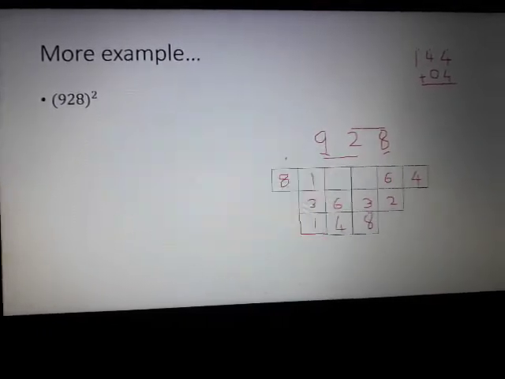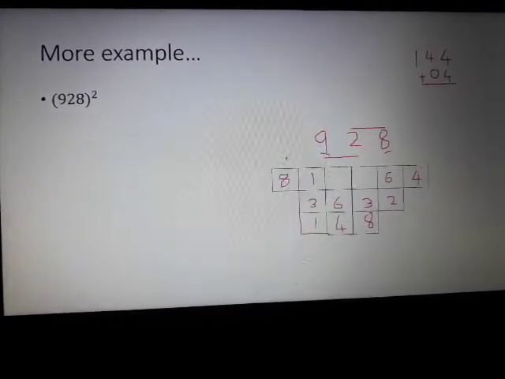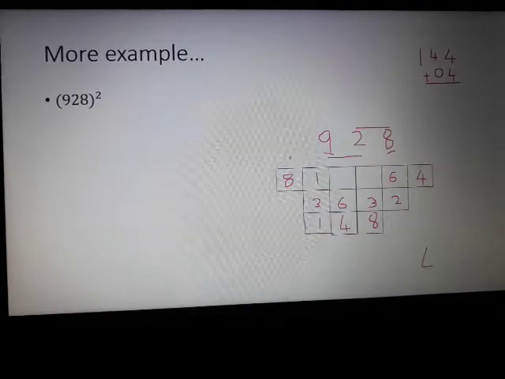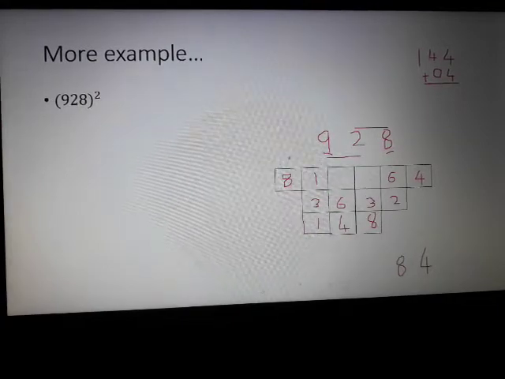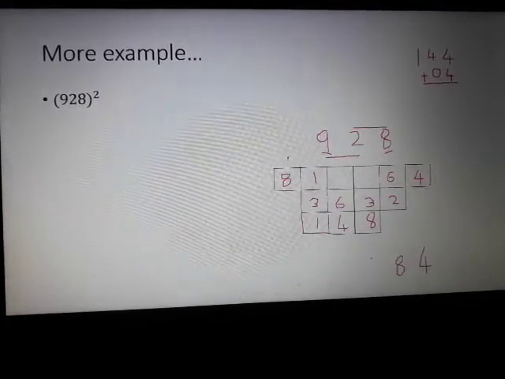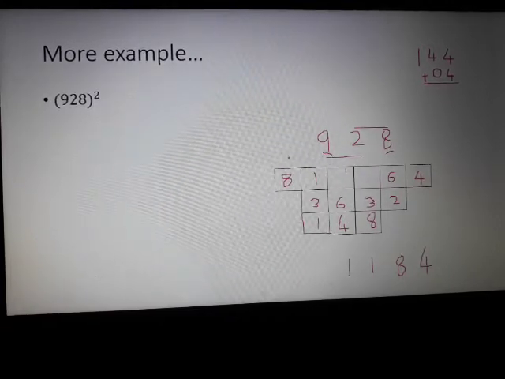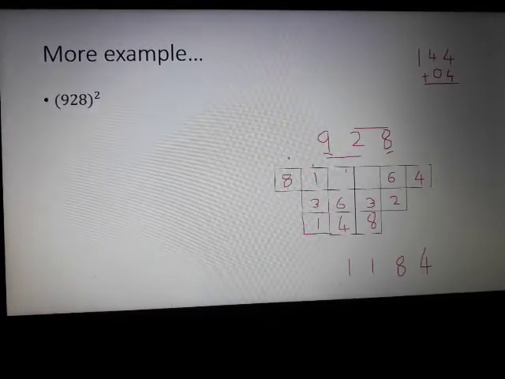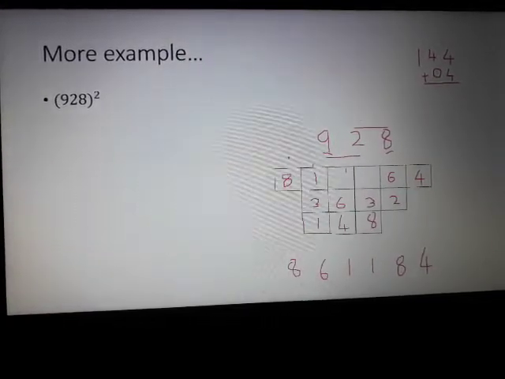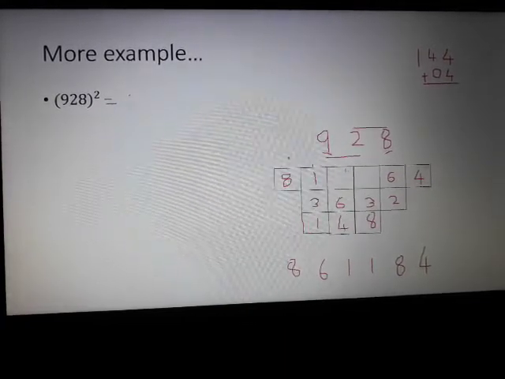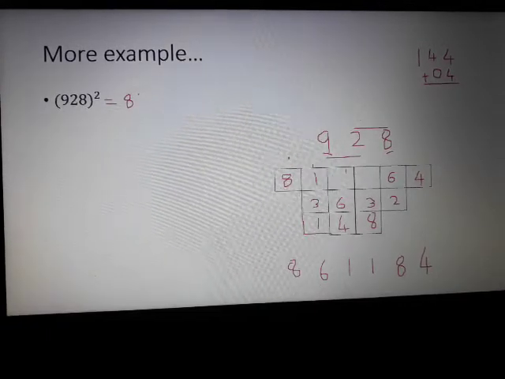In the final step, add the numbers. The extreme last column we have just 4, so bring 4 down. We have 6 and 2 over here. 6 plus 2 is 8. Over here we have 3 and 8. 3 plus 8, 11. 1 carryover. 6 plus 1, 7. 7 plus 4, 11. 1 carryover. 1 plus 1, 2. 2 plus 3, 5. 5 plus 1, 6. 8. Bring it down. So the square of 928 determined using the inverted pyramid technique is